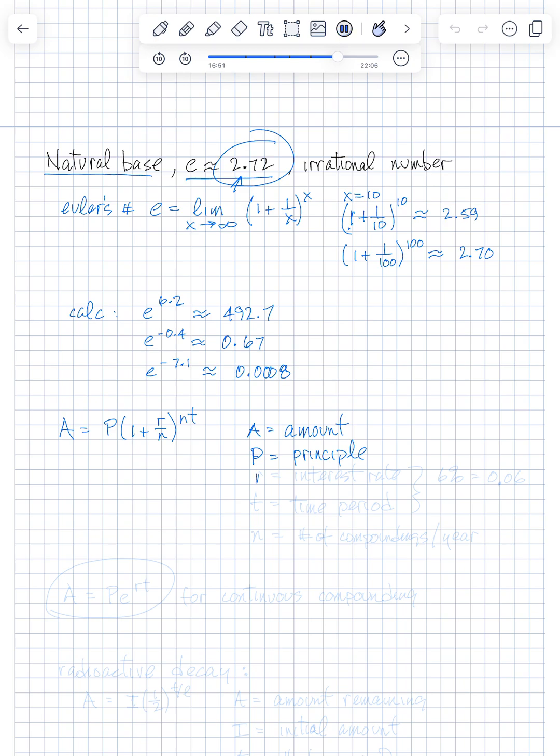R is the interest rate, usually interest rate per year. T is the time period, and n is the number of compoundings per year, or per number of compoundings,